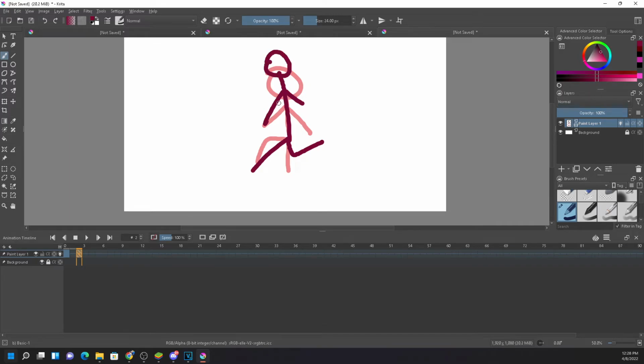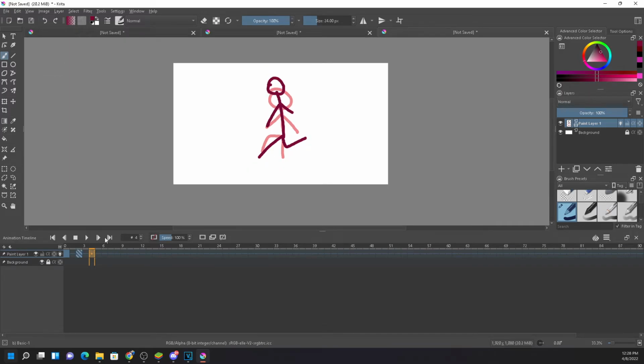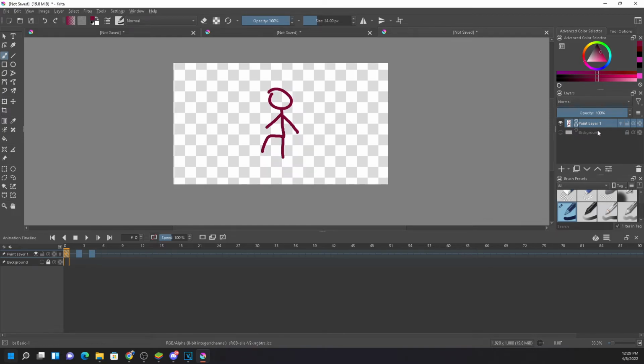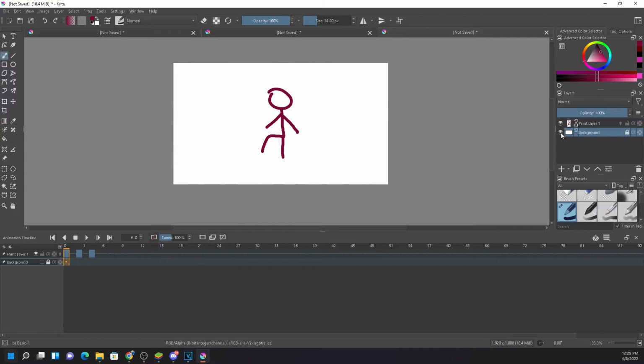I've changed the size, it's big, okay. After that, it will be like this, right? First movement is like this, second movement is like this, third movement is like this, right? So first what I did is I took down this background.